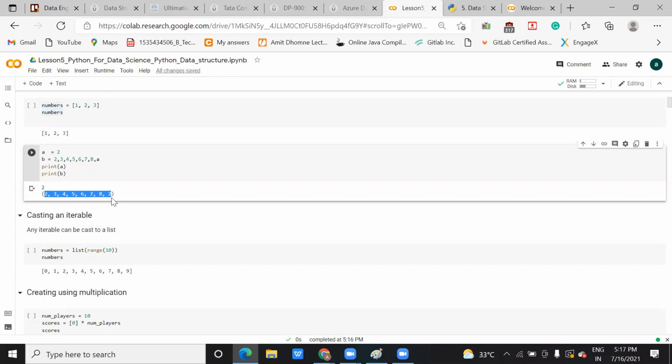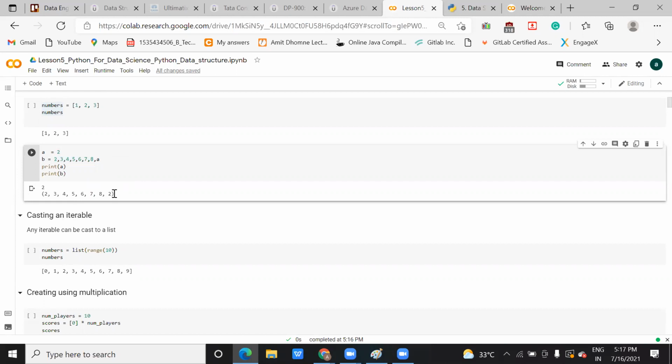But it is not taking a. Why is it not taking a? Because the rest of the elements, as I said, are of integer type, or you can say number data, and I'm trying to save a character here, so it is not reading that. If we want to save a group of data as a single entity, here this will not act as a single entity. Single entity means that with a single variable you can get access to all the elements.